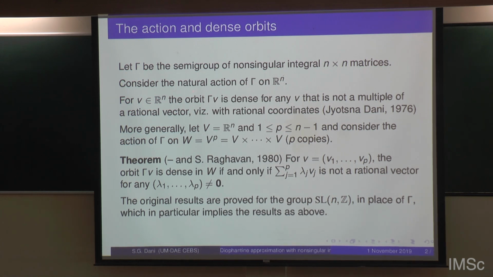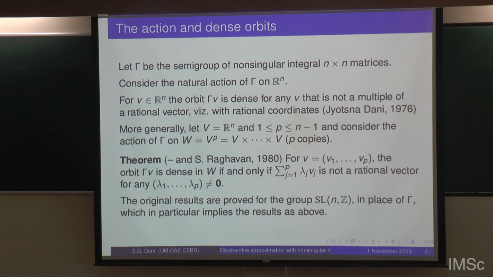So we are going to consider the action of this on Rn, and later on more generally on copies of this. If I start with a vector v in Rn, the orbit is dense under certain conditions, and the conditions are very simple: so long as this vector v is not a multiple of a vector with rational coordinates,